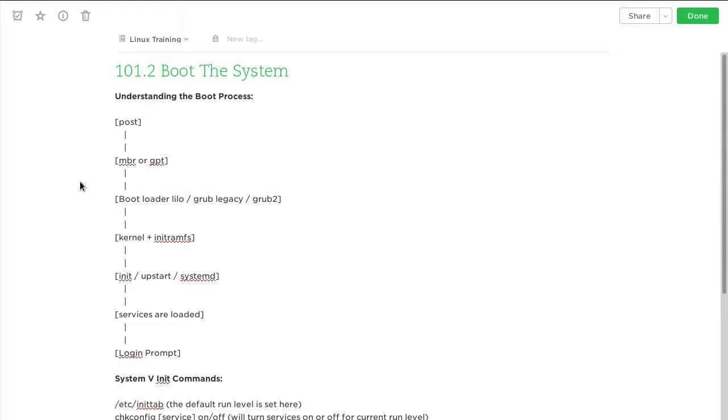Okay, so in this section of the course, I'm going to talk about understanding the boot process. When the computer first turns on, it will usually do a power on self-test, POST, and that's just to make sure that everything that's needed for the computer to boot properly is okay, there's no errors. So then, depending on the system, you're either going to go to the master boot record or GPT